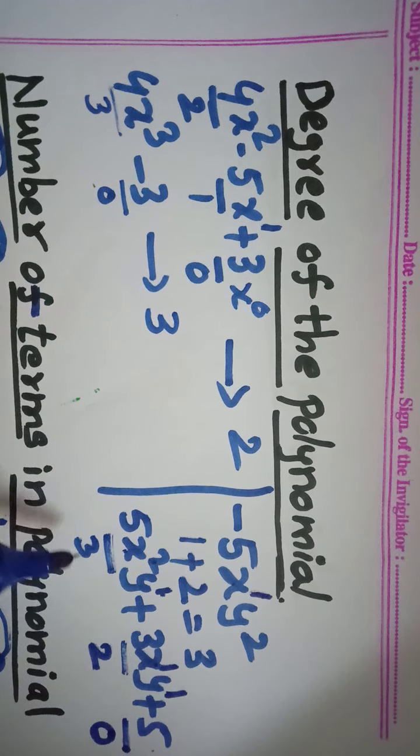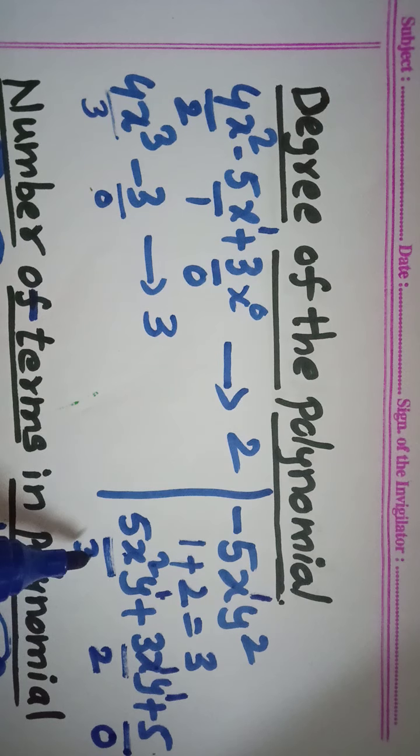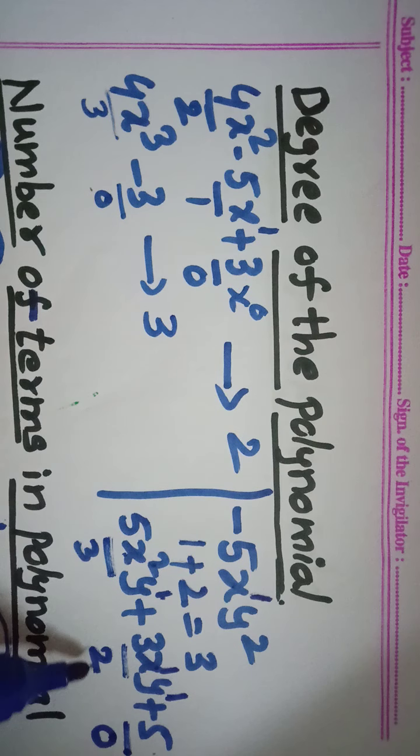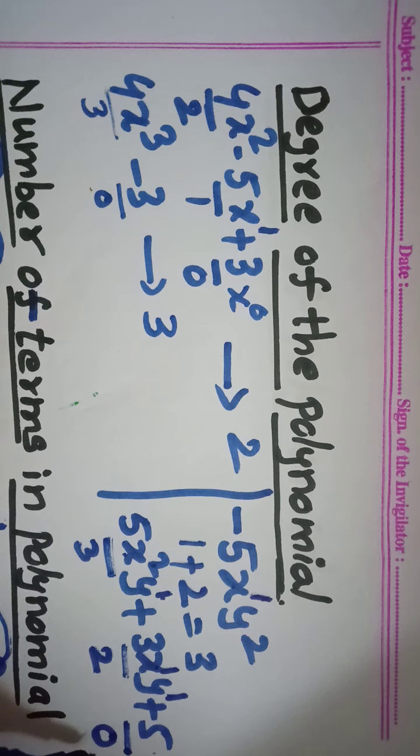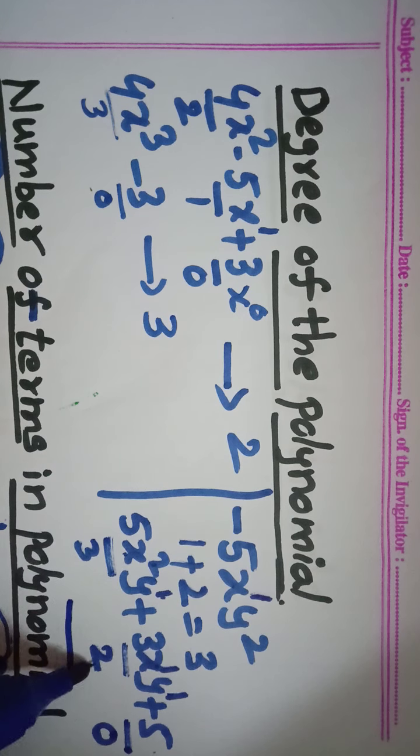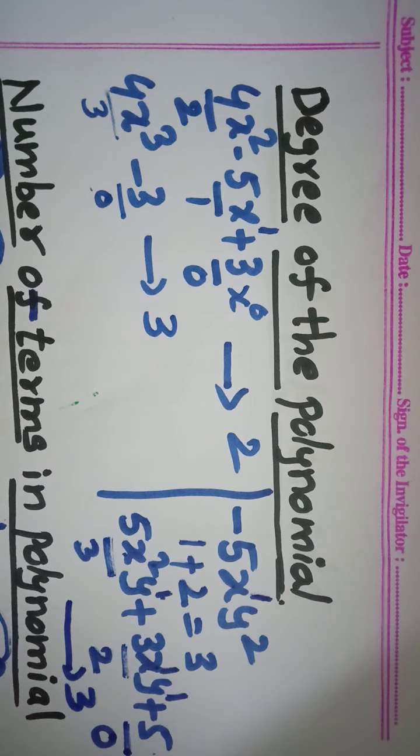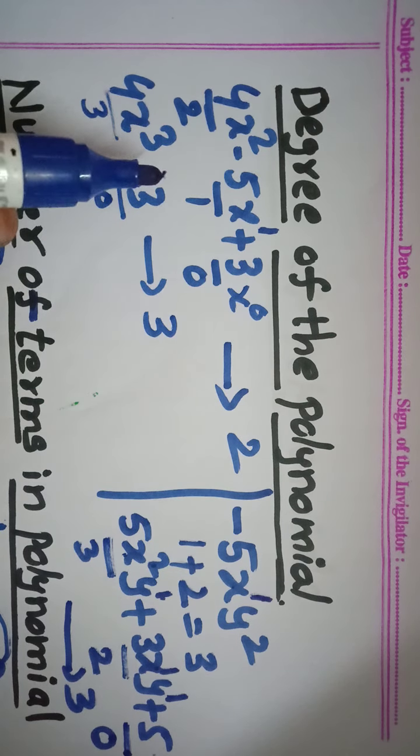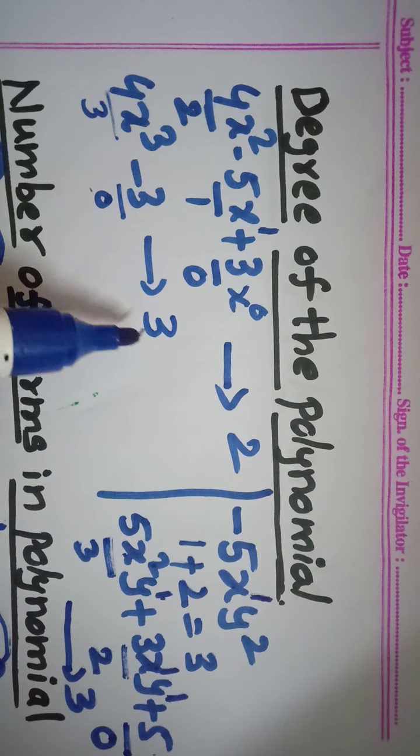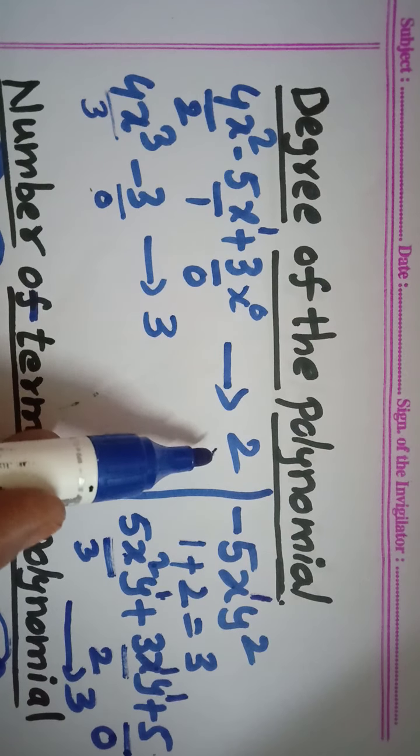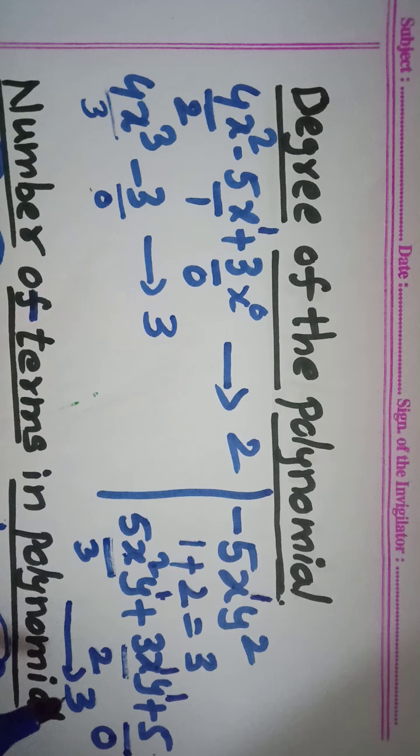So what is the highest degree among the terms? First term degree 3, second term degree 2, third term degree 0. So the highest degree is 3 here. So the degree of the polynomial is 3. So that is the degree of the polynomial. It is very important to find the types of polynomials according to degree. Some polynomials have third degree. Some polynomials have second degree. And some polynomials may be